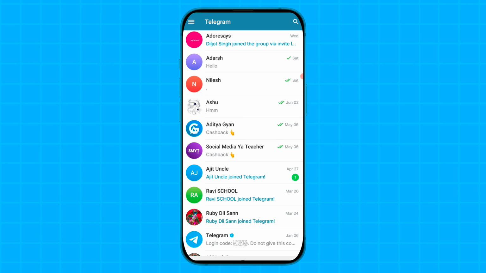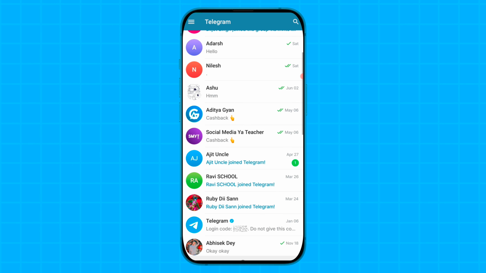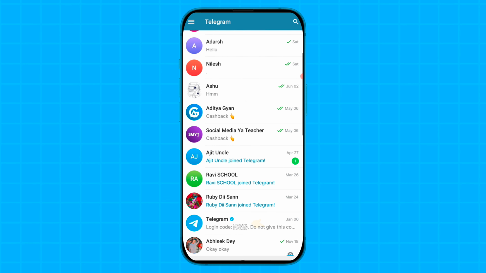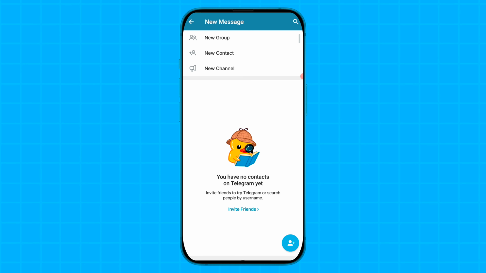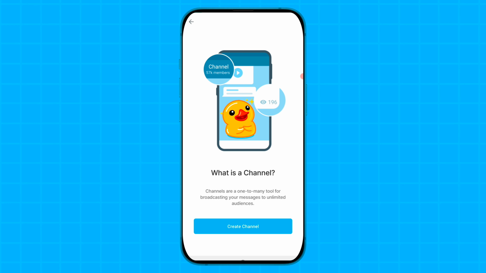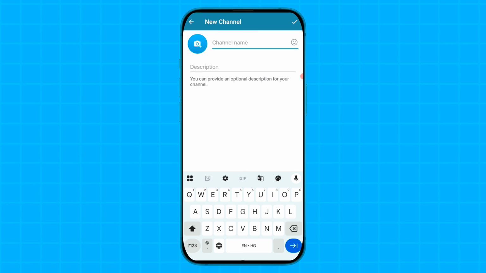So for this, first of all, open your Telegram application friends, and here as you scroll down your page, you will get to see an option of this kind of pencil option. Simply tap on this option. So friends, here you will get to see option of new channel. Simply tap on new channel option and then tap on create channel option friends,